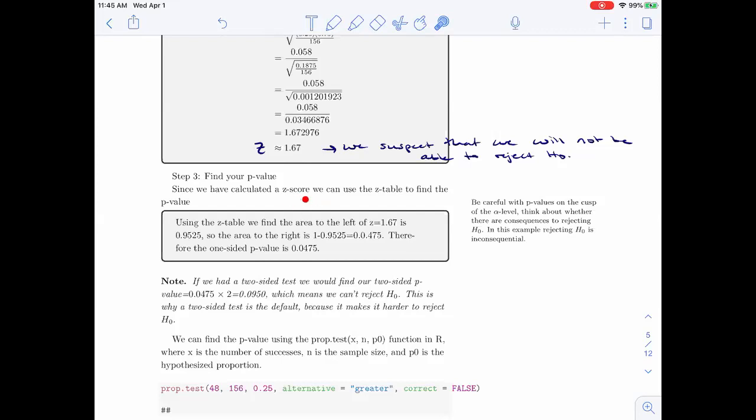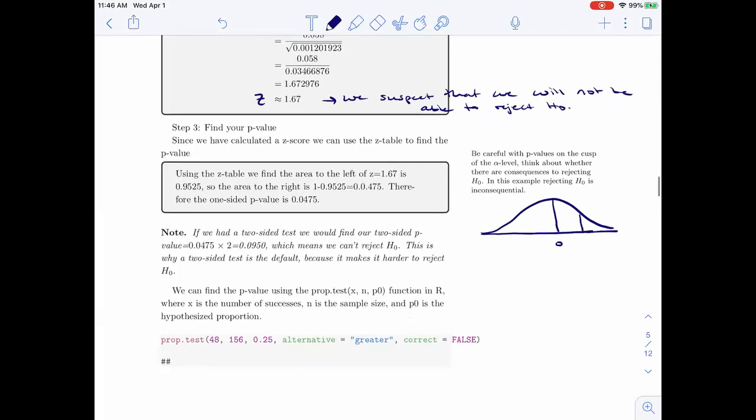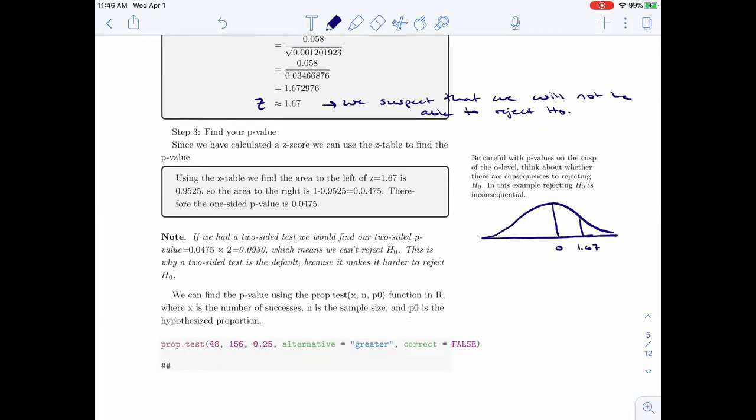So we've got a z-score, so now we use the z-table. We've got our normal distribution. Z is centered on 0. We've got a Z of 1.67. The p-value is always the area in the tail. So this is our one-sided p-value that we have to find. Well, the area to the left is 0.9525. So the area to the right is,